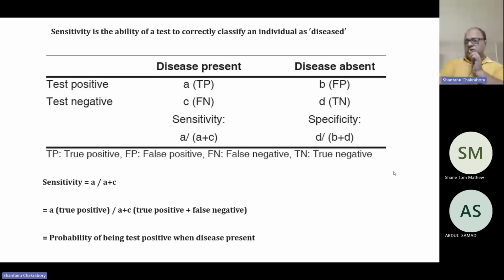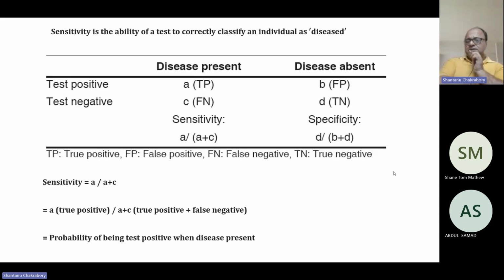So what is called a true positive? You test positive and the disease is present, that is called a true positive. What is a false positive? You test positive and the disease is absent, that is called a false positive. You test negative when the disease is not present, but actually the disease is present, so that is a false negative. You test negative, the disease is not present, and the disease is found to be absent, that is